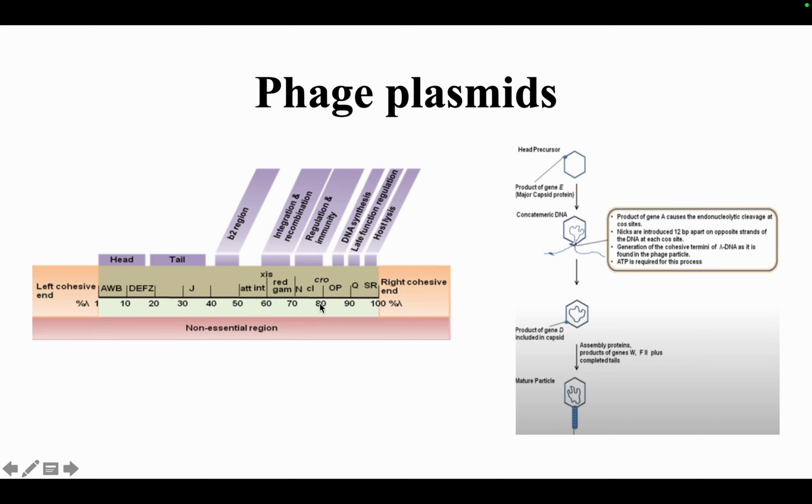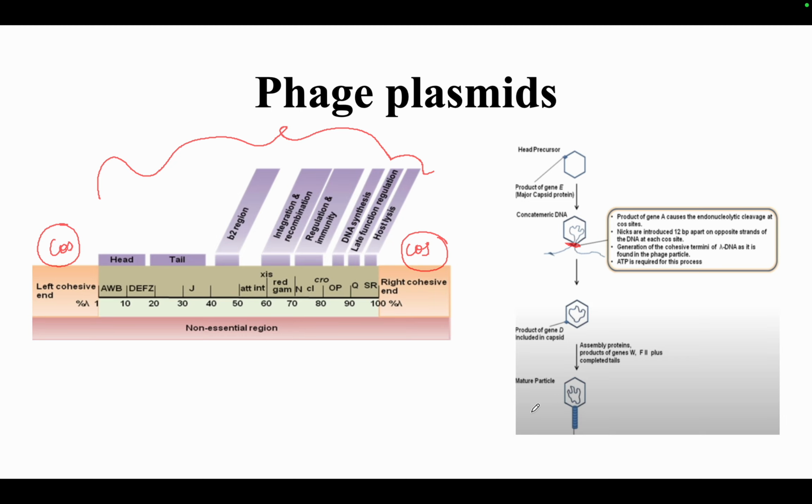Okay, so here at the end region we have cos sites. The cos sites are pinched here, so these are the cos sites. These are the end sites of the whole phage genome, and only the DNA that is included within these cos sites will get packaged into the phage. Okay, and then this packaged DNA